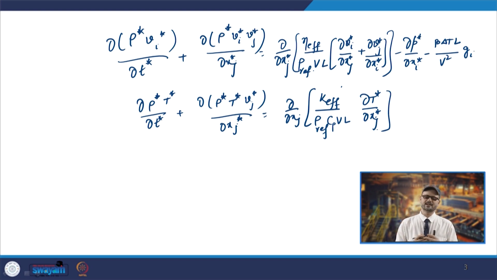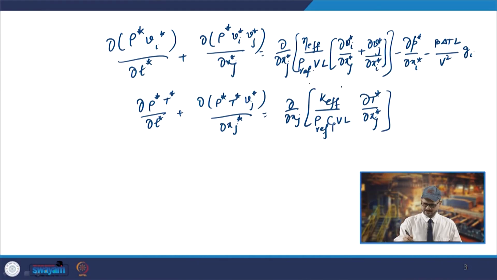So, this way you will have these two equations as the one. We are basically non-dimensionalizing the temperature T star. So, we are taking that as T minus T naught upon T inlet minus T naught. So, that is how you get the non-dimensionalizing of the equation. So, you must have some idea about it. So, we are getting non-dimensional numbers, and what are the non-dimensional groups which we are getting from here, one is